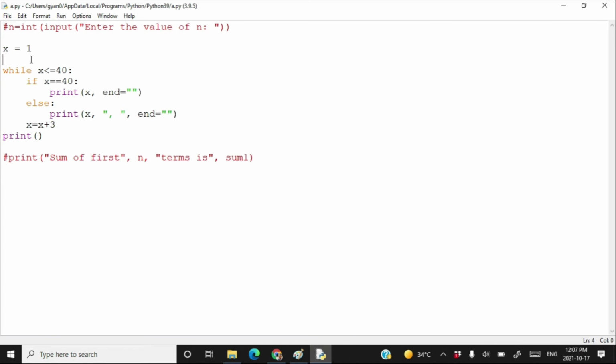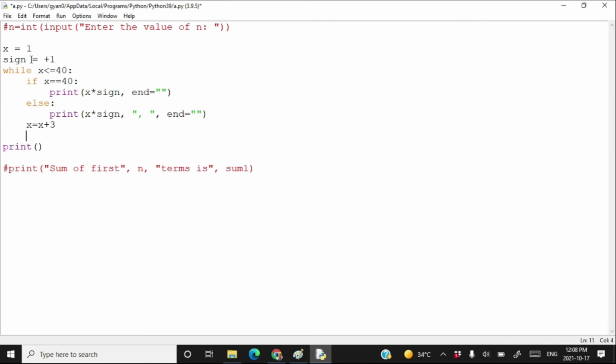Since here we have to print negative, we need another variable called sign is equal to plus 1. Now keep on multiplying the value of x with sign. After every iteration, change the value of sign: sign is equal to sign multiplied by minus 1.